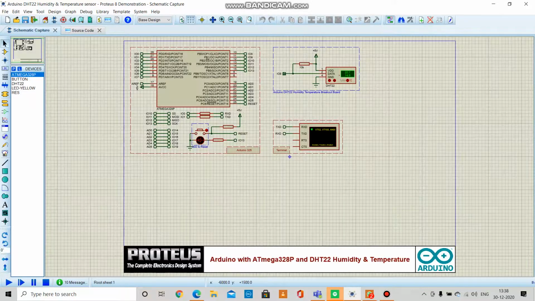Now we have to verify all the four conditions. The first condition is temperature should be less than or equal to 15 and relative humidity should be less than 25%, and on this condition the valve should blink for 1 second. Now I have to verify it. This should blink for 1 second.